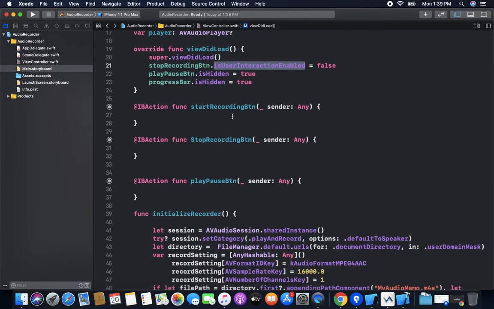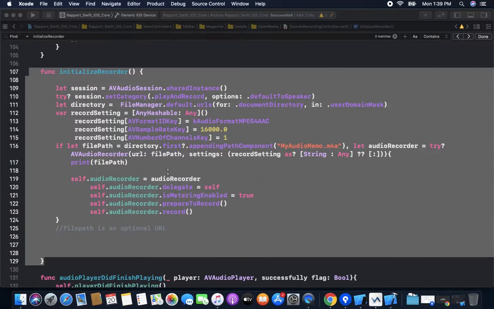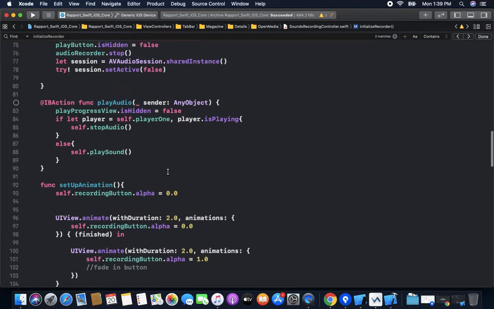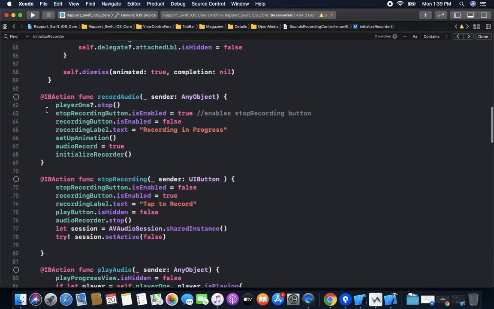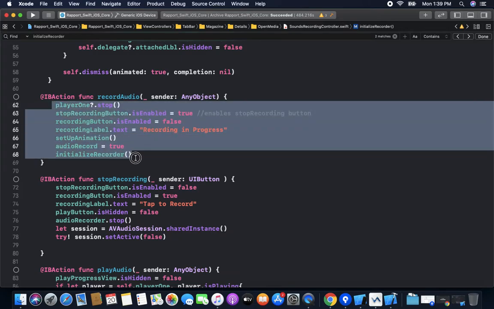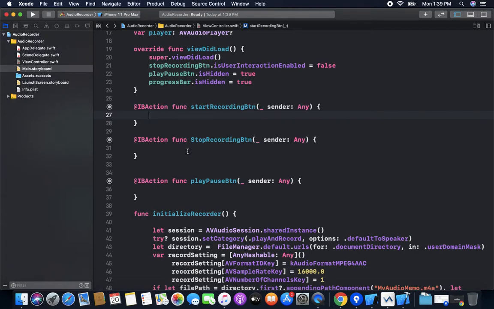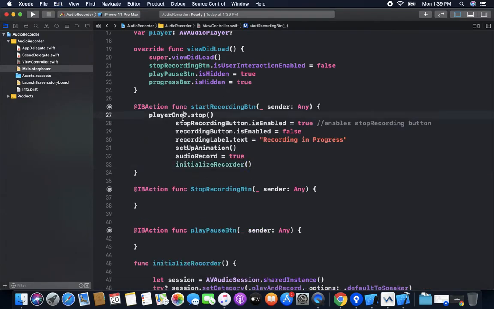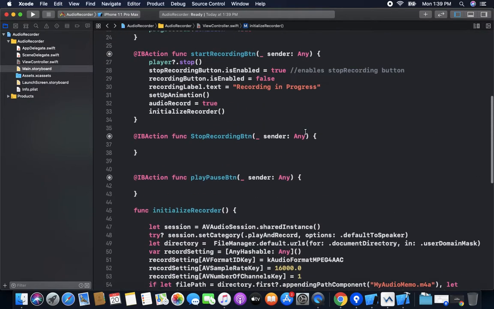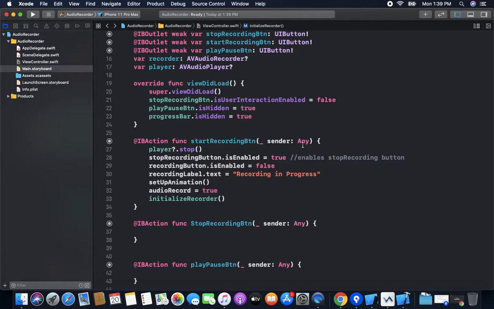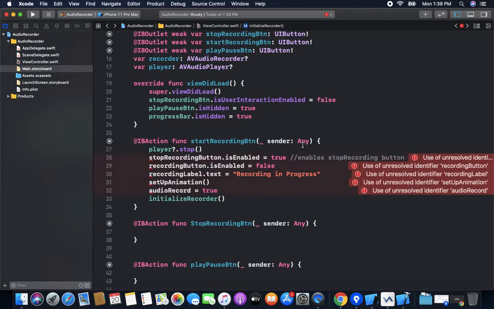Now firstly start recording. So we go to our code and take the function for start recording. So what are the things we are doing here?